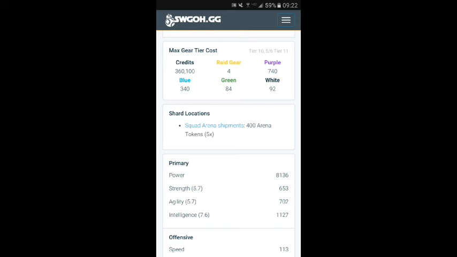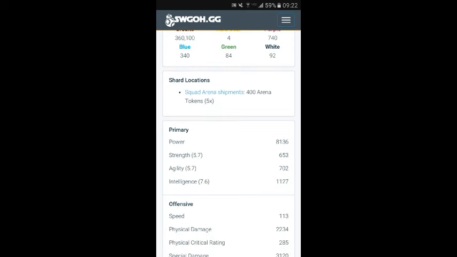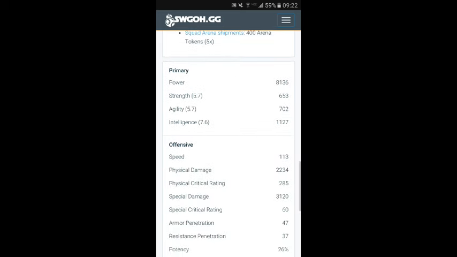It shows you can only get him currently out of the arena. We know obviously out of the chromium packs as well, but aside from that, the actual shard locations, if you're farming, are going to be the arena. It shows primary stats, your